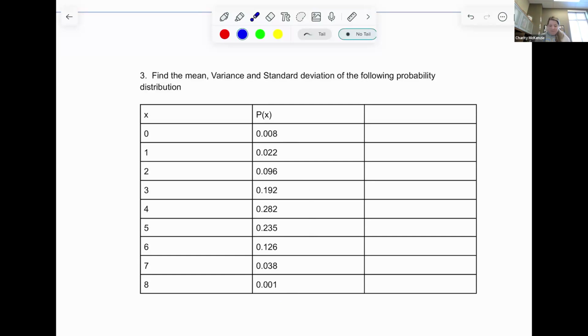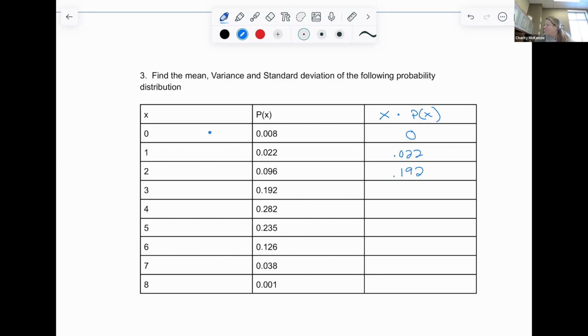So let's start with the mean. I'm going to do this in red so you can see it pretty well. So we're going to find x times the probability. Basically, I added an extra row, and I'm going to multiply across. So 0 times anything is 0. 1 times 0.022 is 0.022. And then 2 times 0.096 is 0.192. And then 3 times